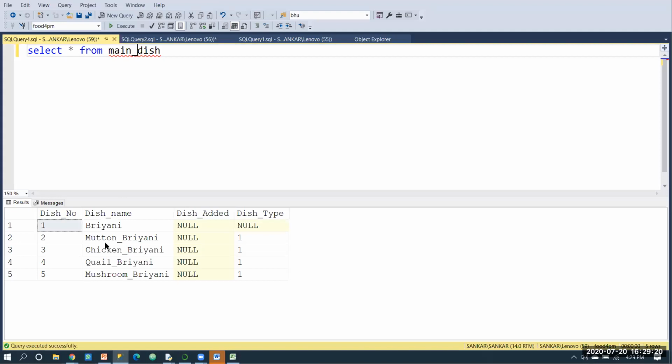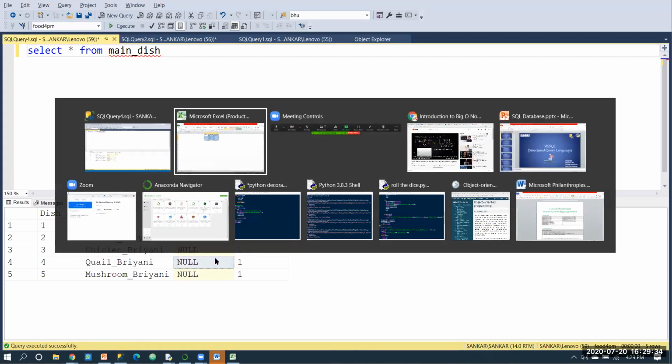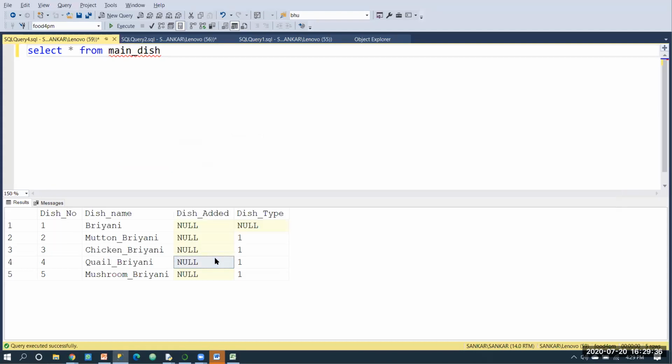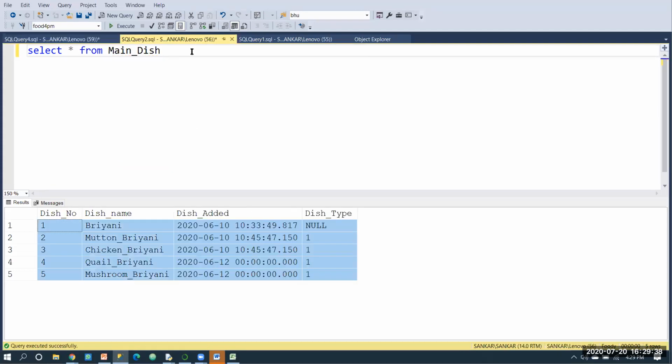We have the main dish and sub dish details in here, right? And this is no problem because we have not used this added date. Okay, then the next step is